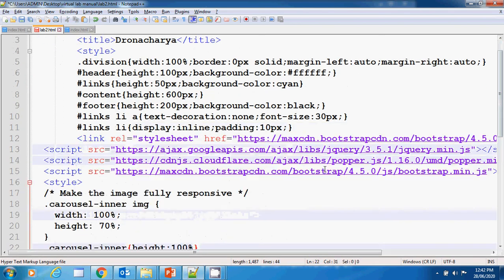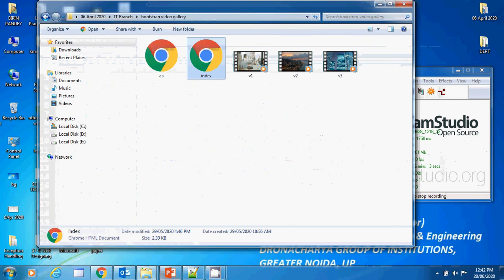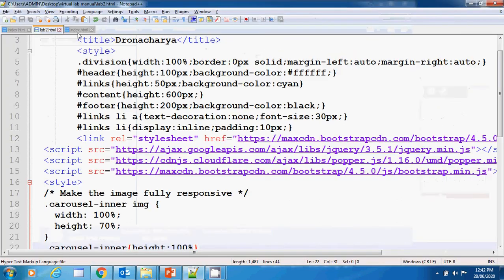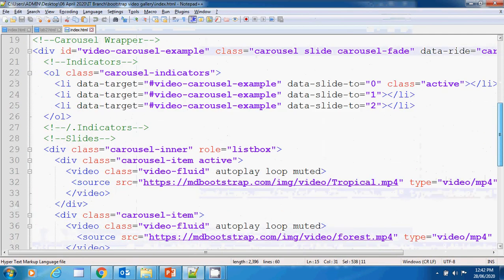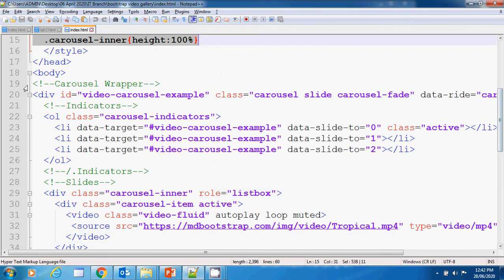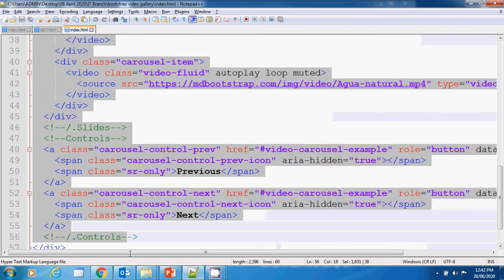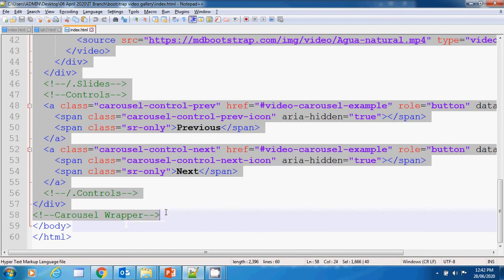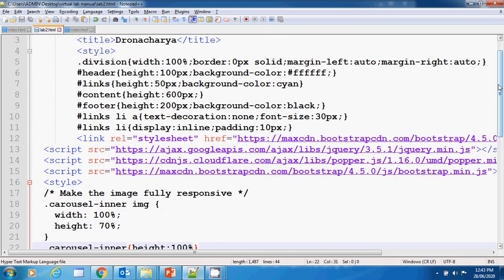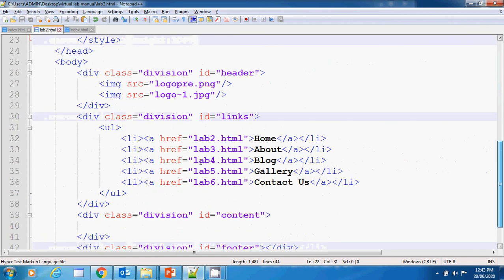So I'm just copying and pasting it over here, and this is our video gallery section. I'm copying this, and this is our division section, and we need to go to the content section.